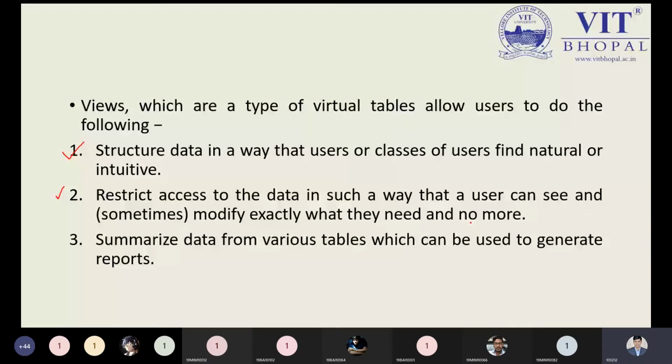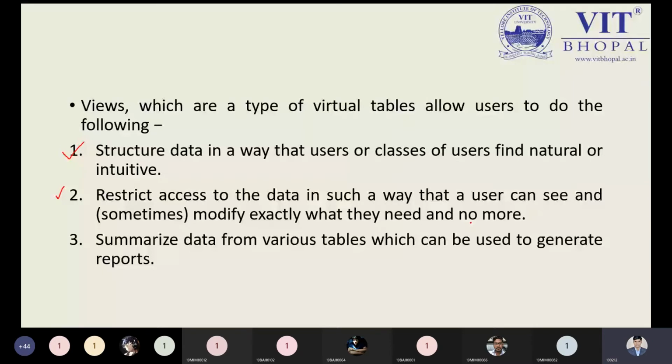After withdrawing some amount from the ATM, after a few seconds your actual information is updated. That is done by updating the view, and after updating the view, the actual information is updated. So if you're updating the view, then the actual information is updated. Okay, this is the point you need to keep in mind.